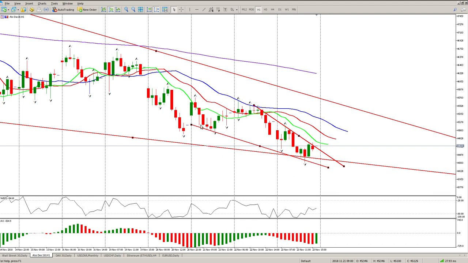And I would probably line it up with there. There's a lot of touches there. So that is another falling wedge within a bigger falling wedge. We also have divergences on the awesome oscillator here. There's a low, higher low, and we've closed off with a green bar here. So I'm of the opinion right now that we are looking for a potential bounce, maybe just to come and test